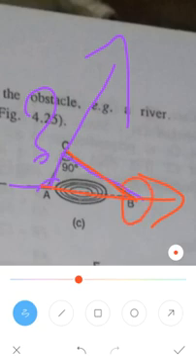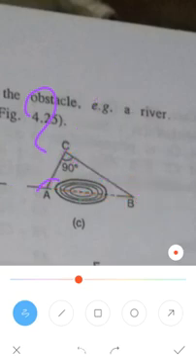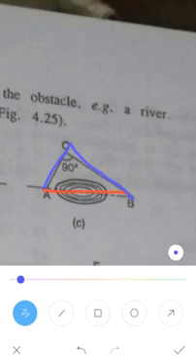After joining, use the hypotenuse theorem. Consider ABC a perfect right angle triangle. Take AB as the hypotenuse, and AC and BC are the opposite sides. I'll take those as the opposite sides and find AB. AB side is the hypotenuse. So AB square is equal to AC square plus BC square, and find like that.